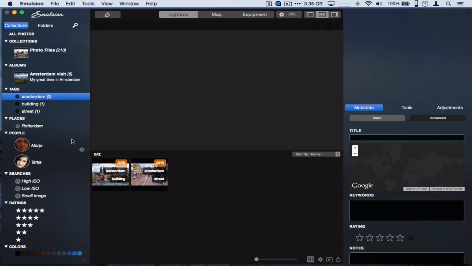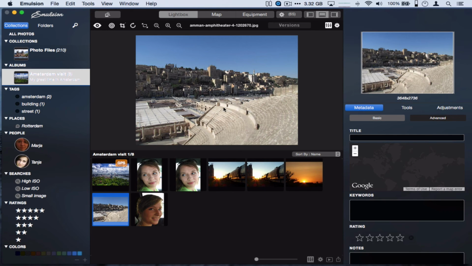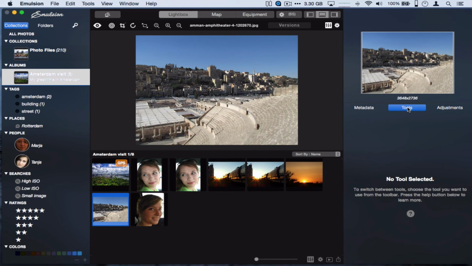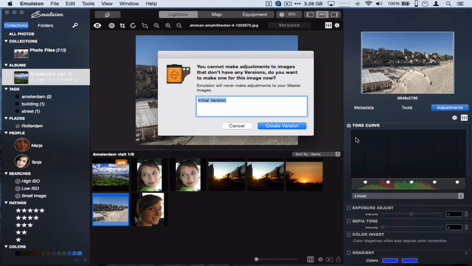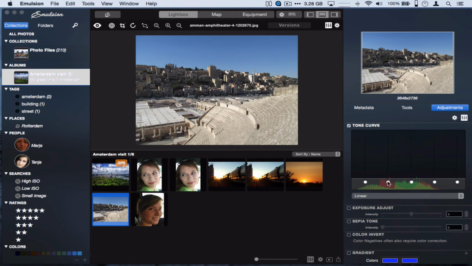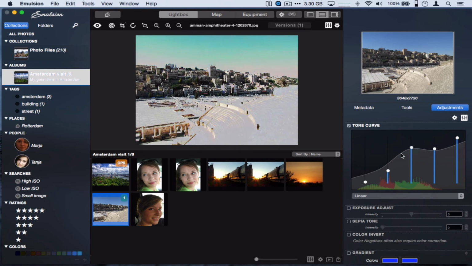What else do we got? Building. Let's go to Amsterdam visit and select this one. What is this? Somewhere in tools, adjustment. So let's try to do the tone curve. Create. Let's see what this does. Okay, this is just a